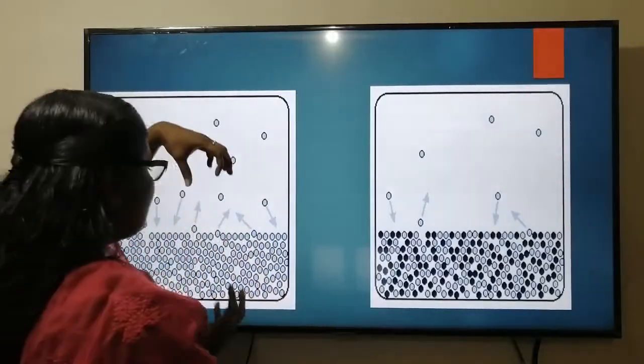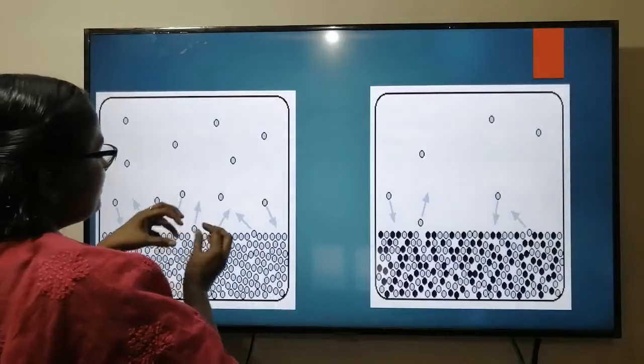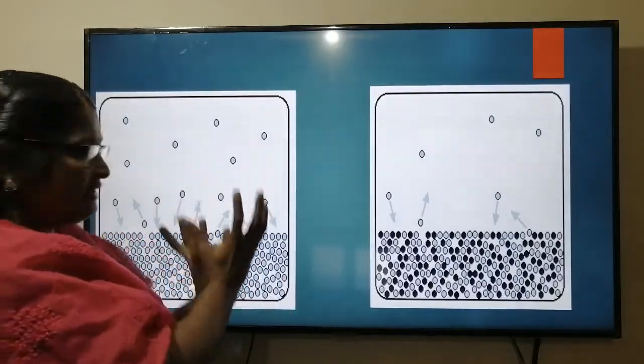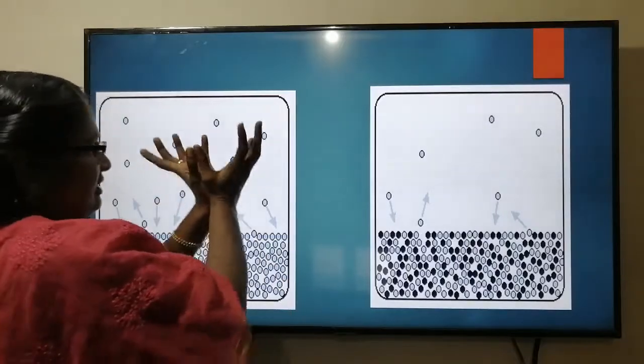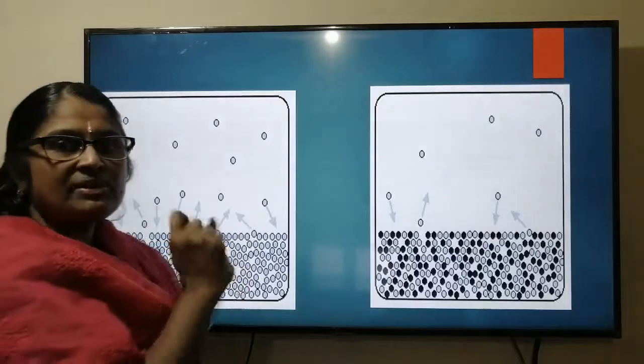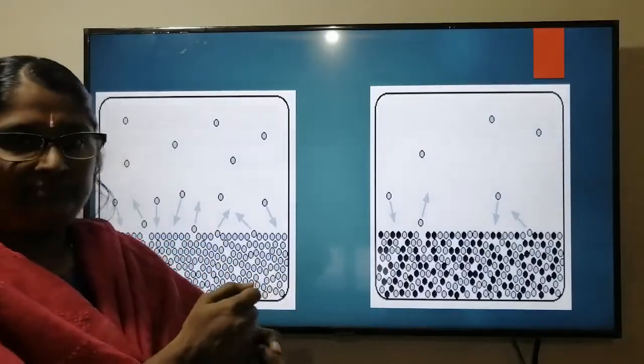Here there is a push, and here the water particles are pulling it upwards. So in that case, suppose when this number of particles, the vapor is just strong enough, the vapor pressure is strong enough to tackle this atmospheric pressure. So at that point, the vapor pressure becomes equal to atmospheric pressure. It's like a tug of war.